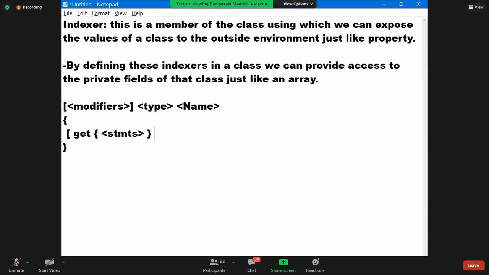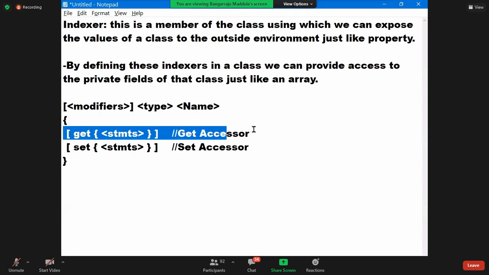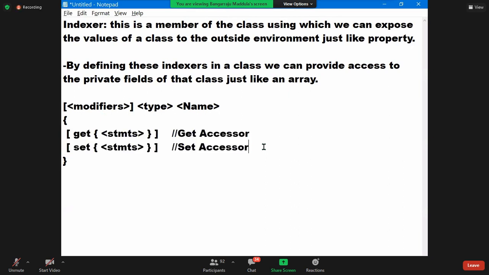What do you call this? Get accessor. Next, set, statements. We call this a set accessor. So this is a get and this is a set accessor.